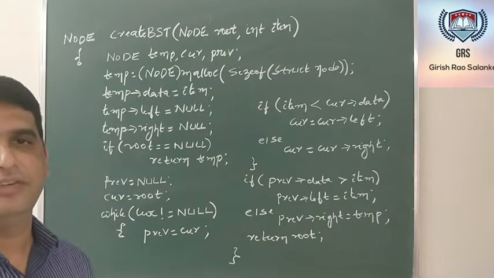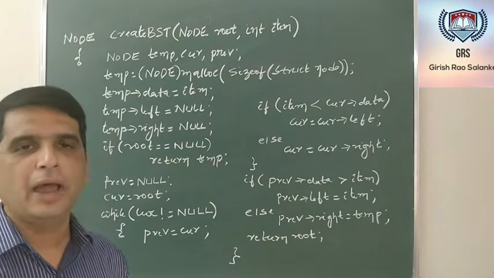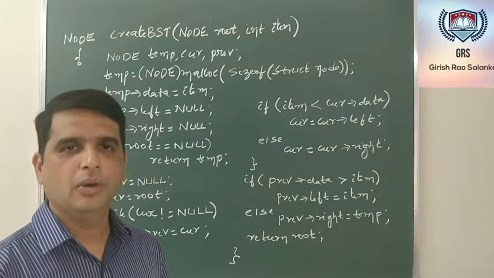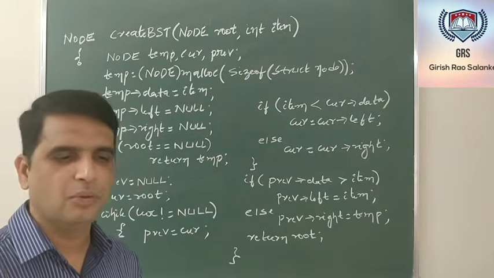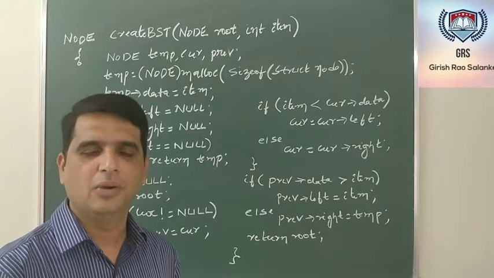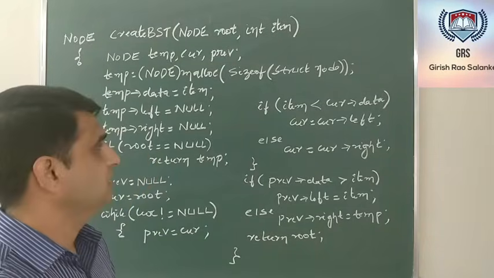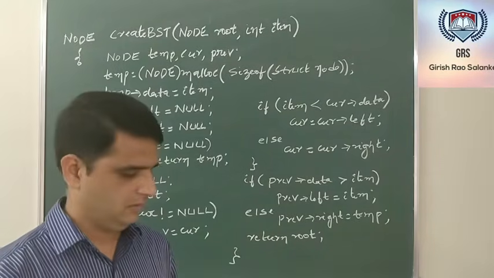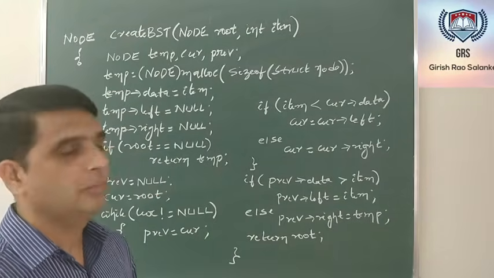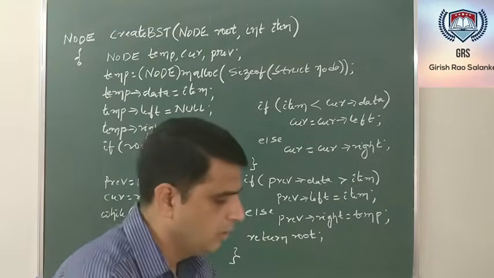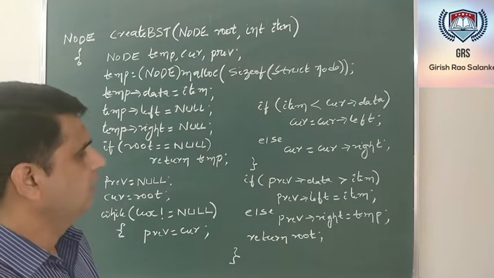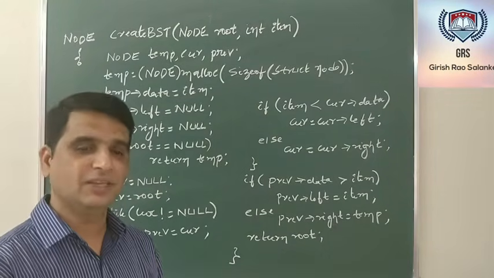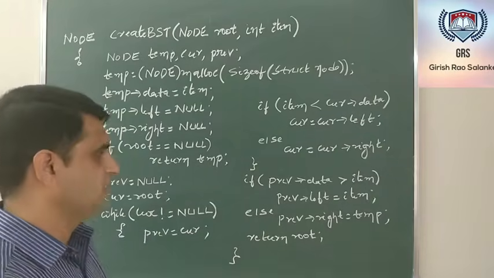So this is about the function. How to add a new node onto a binary search tree, or rather than saying how to add a new key or a node onto a binary search tree, this function creates a binary search tree. Hope this is fine. We'll move on to the next function. The next function would be to discuss how to perform a deletion operation in case of a binary search tree.